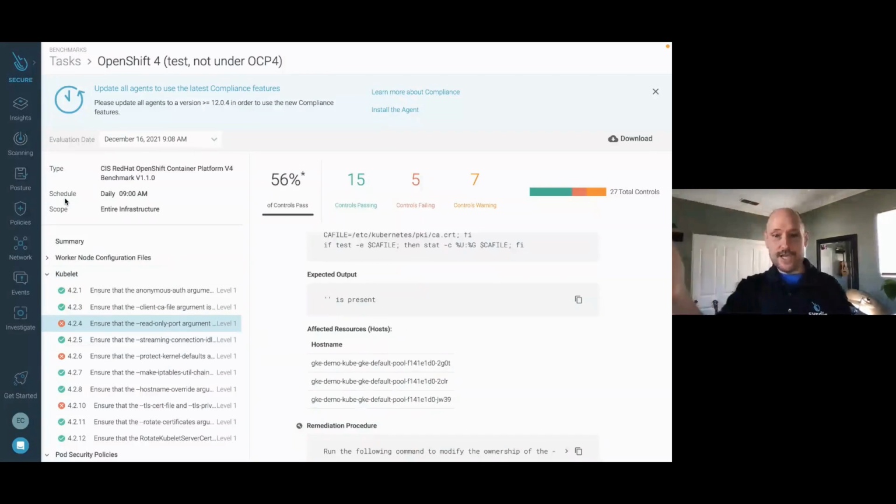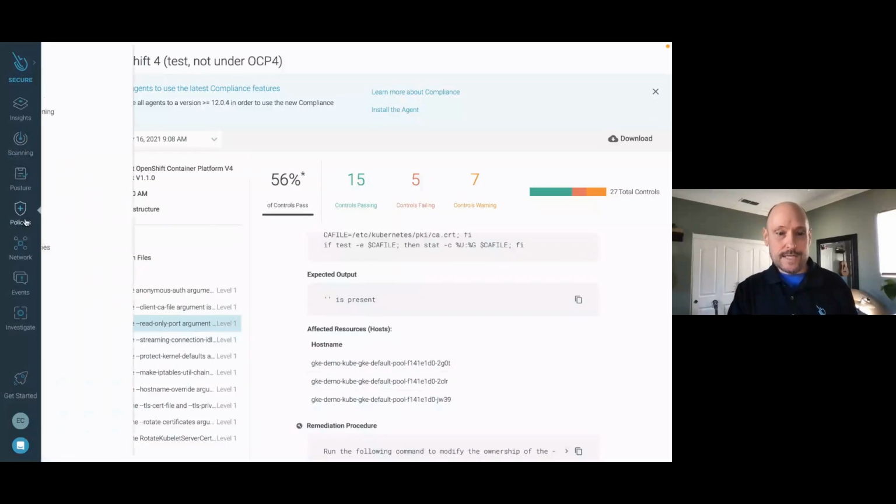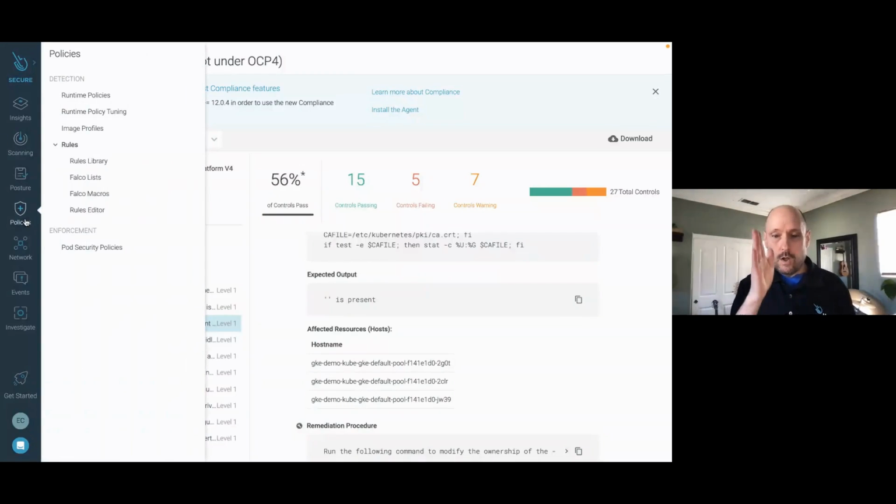But as Vijay explained, bad things will still potentially happen. So that's where you want to be checking for runtime events. And I don't know how many of you have heard about Falco. Falco is an open source solution that's really geared toward Kubernetes. It was started by Sysdig. It is now a part of the Cloud Native Computing Foundation, where we've donated it, and the community is strong